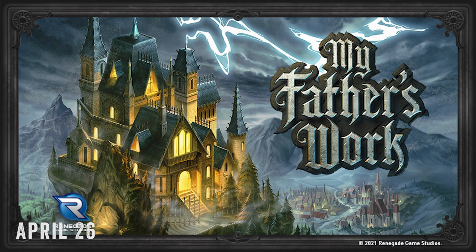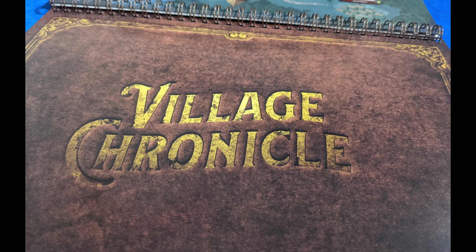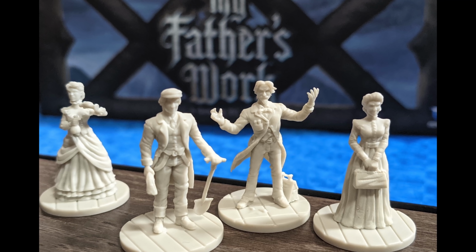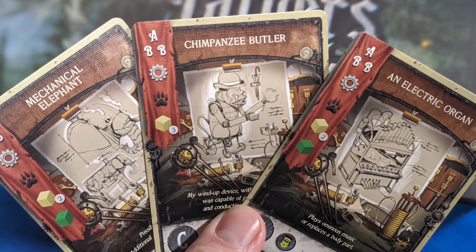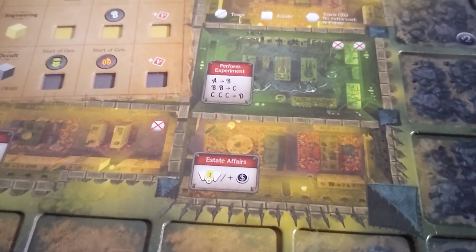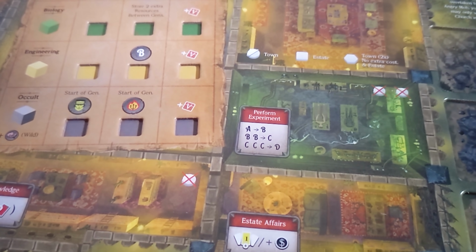Renegade Game Studios launches My Father's Work, a game for 2 to 4 players, takes about 120 minutes to play, designed by T.C. Petty. Players are competing mad scientists entrusted with a page from their father's journal and a large estate in which to perform their devious experiments. Players earn points by completing experiments, aiding the town in its endeavors, upgrading their macabre estates, and hopefully completing their